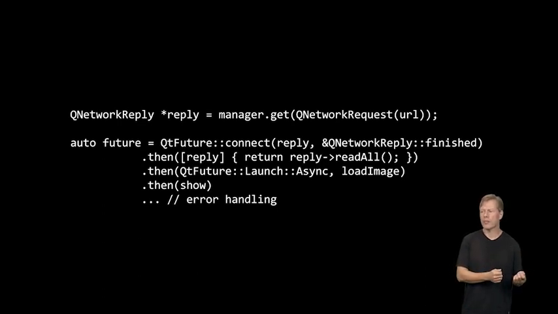You can go one step further using QFuture connect to convert a signal. So you can say, I have a network reply that I'm getting, and once the reply emits the finished signal, you start triggering a certain chain of events using QFuture. So then you read the data from the reply, and then you load the image, and here's a small thing there to move that asynchronously into a new thread. You use the QFuture launch async flag, and then you show it, and the rest moves on like it was before. So that's a very nice improvement that we're having there also in terms of how you do concurrent computing